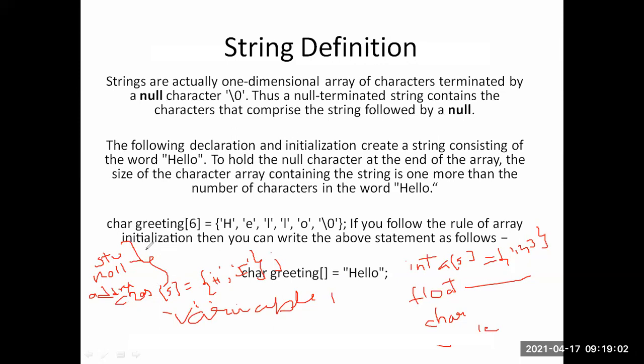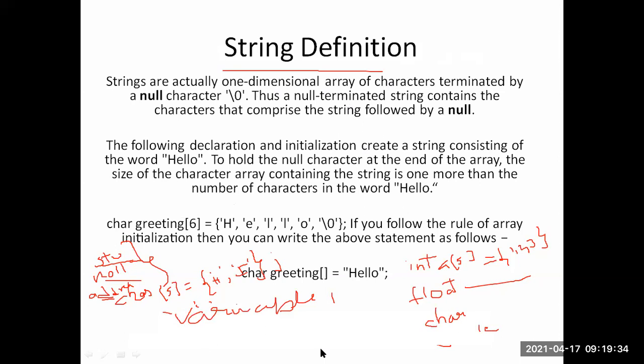For the number you use the integer data type, for the name you use the character data type, and for the address also character type. So we use different data types to implement student name, roll number, and address. All these can be implemented in one data type, which we call a string.